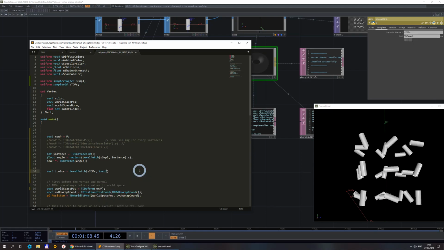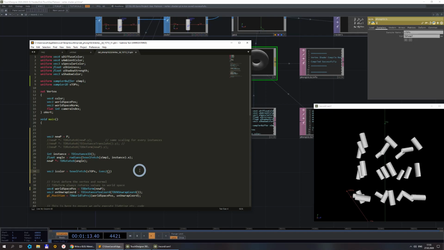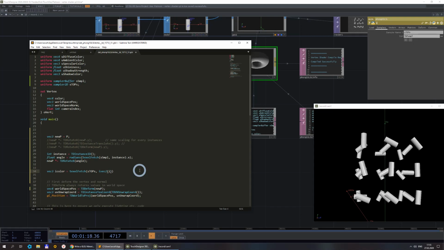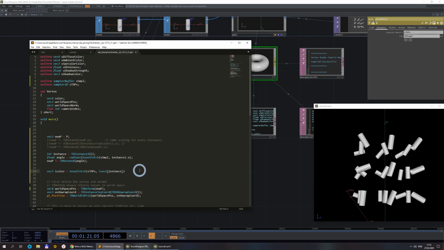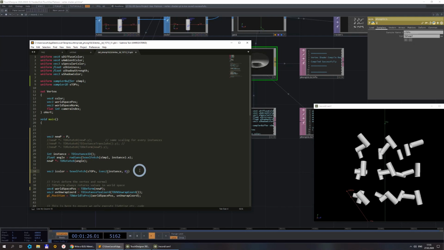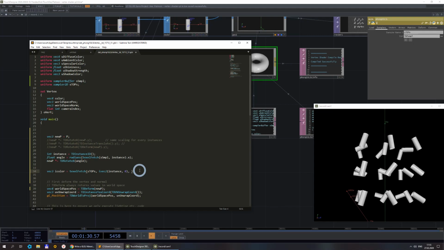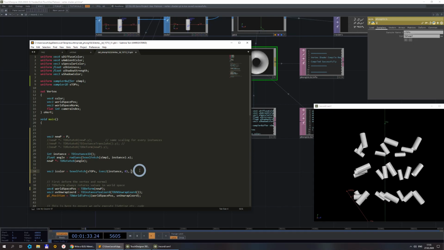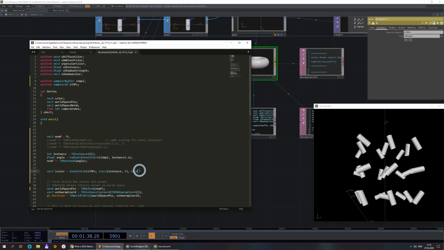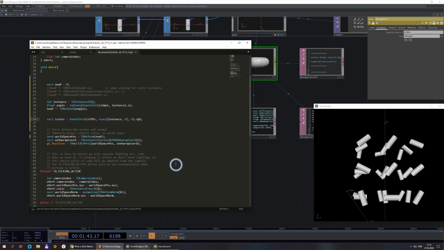So we need to say ivec2, which is an integer vector, and as a horizontal component we use our instance, and we have only one row, so it would be 0, and we need to give it the so-called load parameter. It's usually 0, and we need RGB. Okay,